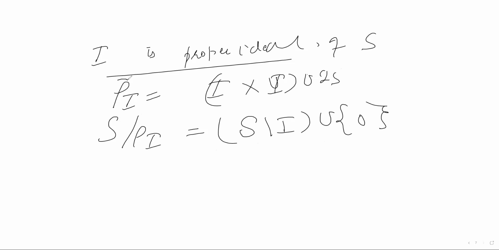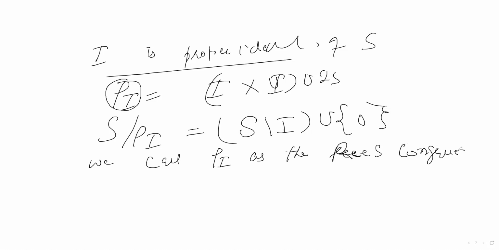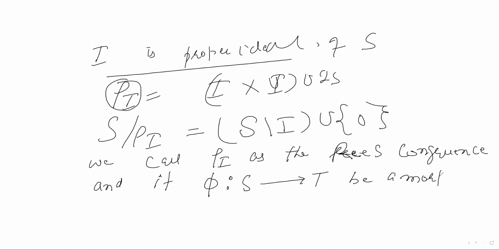So we call this congruence rho I as the Rees congruence, REES, Rees congruence. We call this a Rees congruence, and if phi from a semigroup S to a semigroup T be a morphism such that